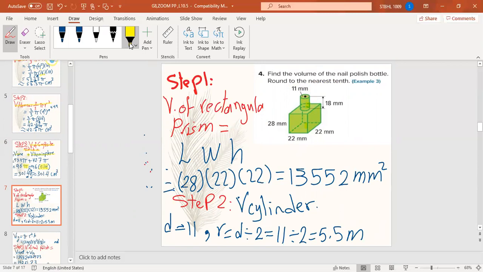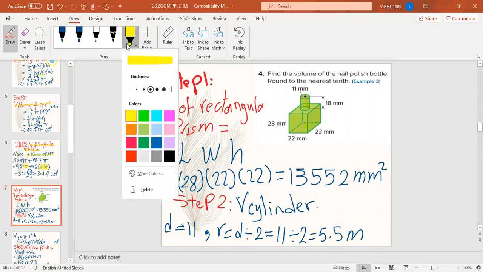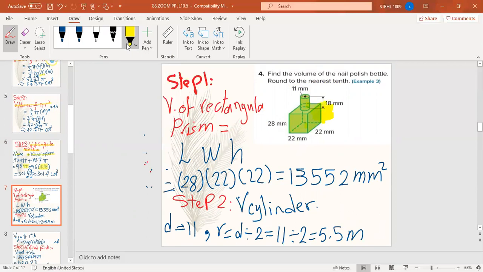If the two solids are stacked above each other like this, here is the rectangular prism down and the cylinder up, in this case we will add the two solids together to get the volume of the solid, of the nail polish bottle here. Okay, so volume of rectangular prism